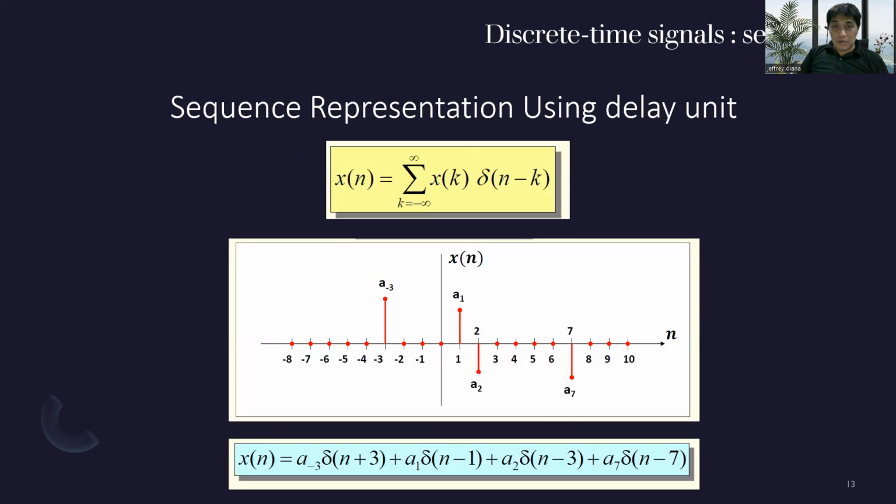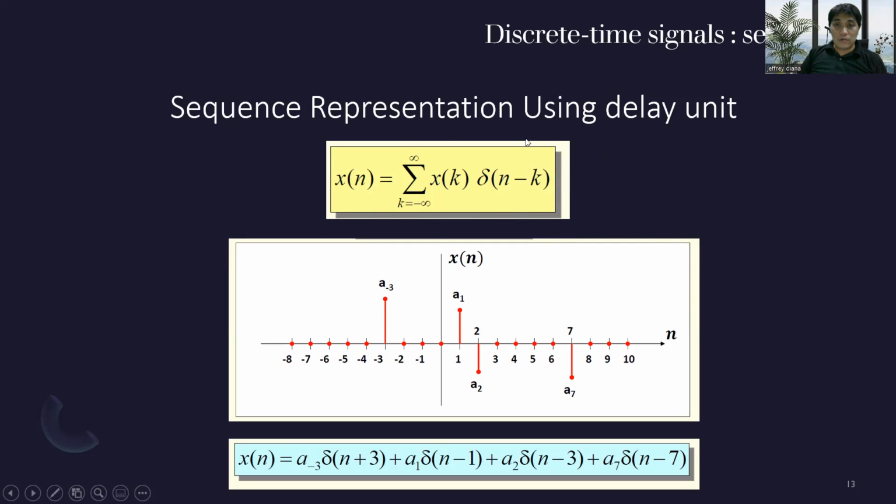The sequence representation using the delay unit, our formula will be x(n) is equal to the summation from k equals negative infinity to infinity of x(k) delta(n - k). Here in the diagram shown,